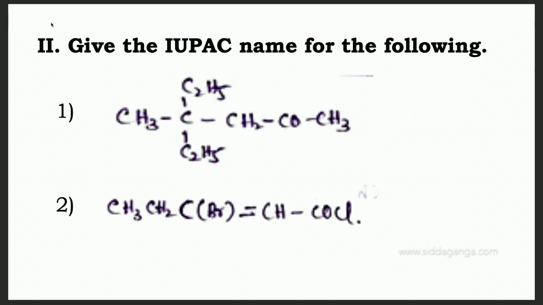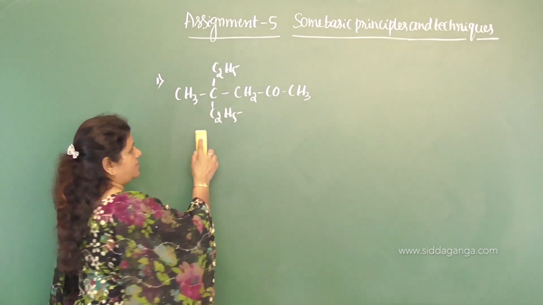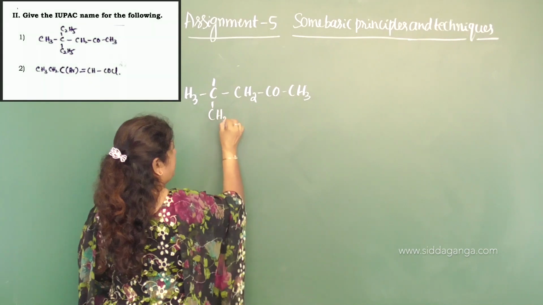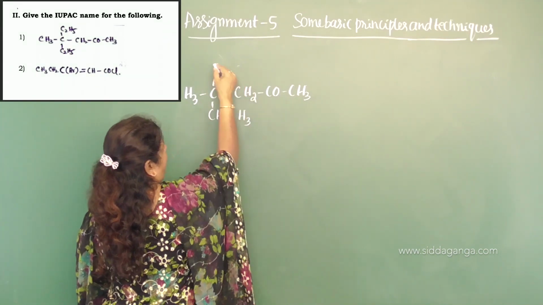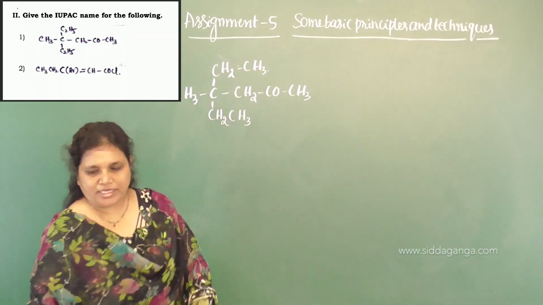So, take down the first compound, as given: CH3, C2H5, C2H5, CH2, CO, CH3. You know that you can rewrite C2H5 as CH2CH3. It is CH2CH3 and here also CH2CH3. Now it is very easy to